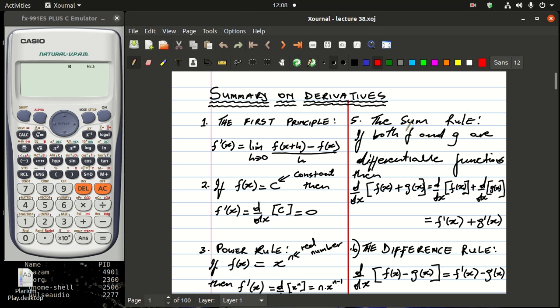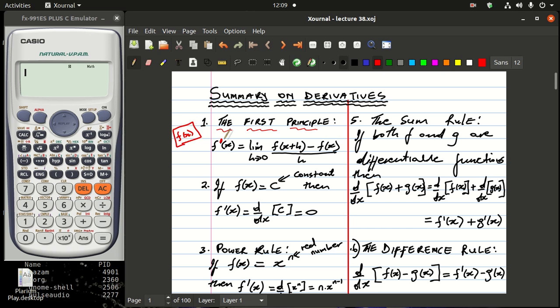So you will notice that we first talked about the first principle, and we said that the first principle is used if you want to find the slope of the tangent line touching the curve of f of x at point x. We said that we can use this formula here, and this formula is the one that we called the first principle. And we have only one thing here, which means that this is the first derivative of this function f of x,